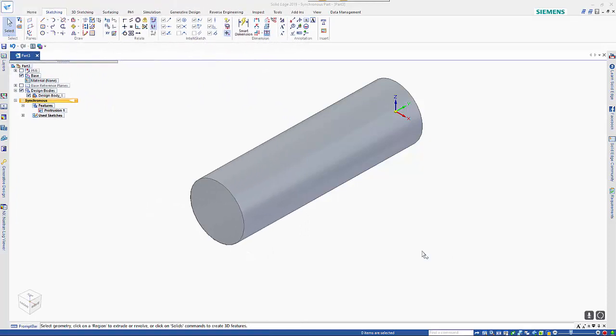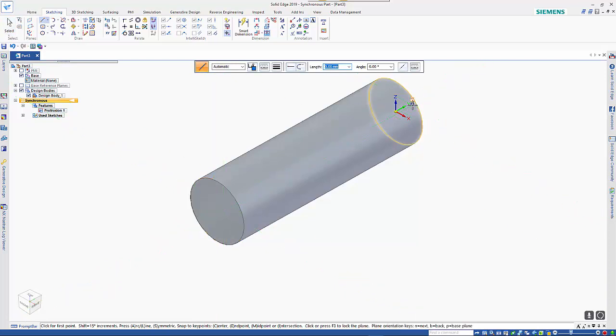This tutorial is going to look at creating text profiles on an object, either on a rounded or a flat surface. I'm going to start with the rounded version, and I'm going to start with a sketch, and I'm going to start with a line to link it to, and if I hover over the plane that I'm going to draw on,